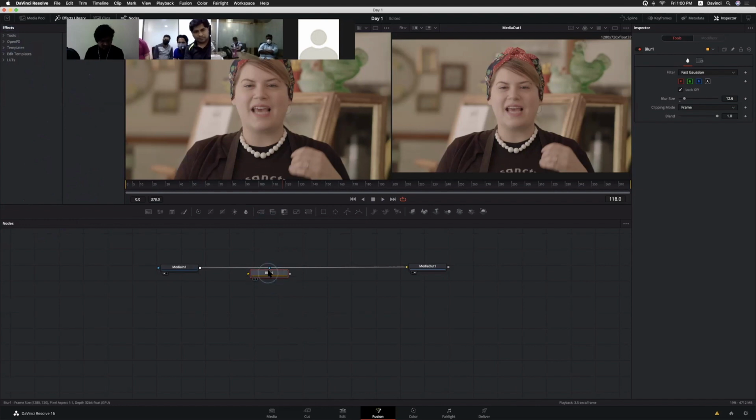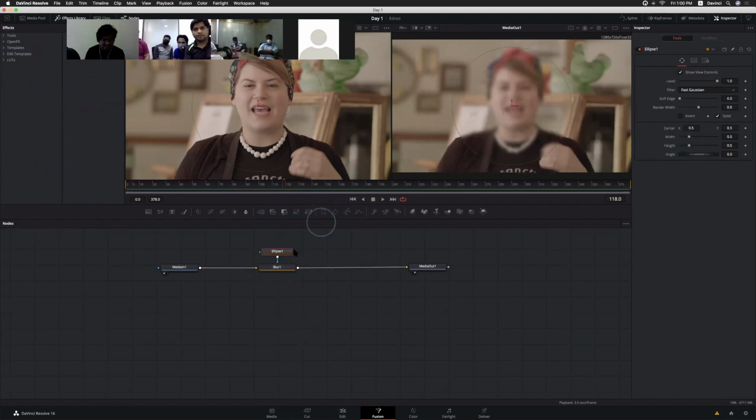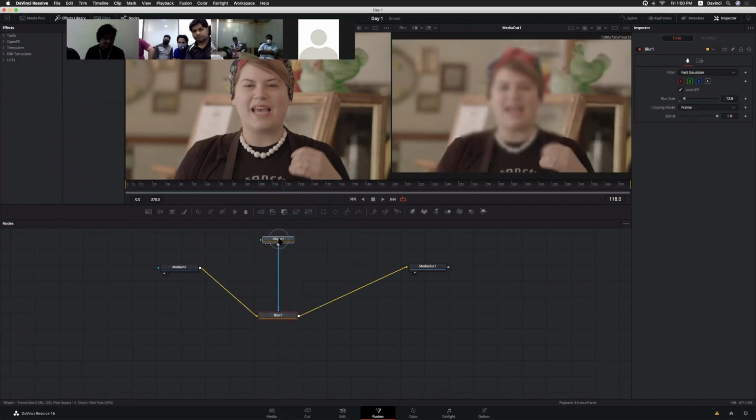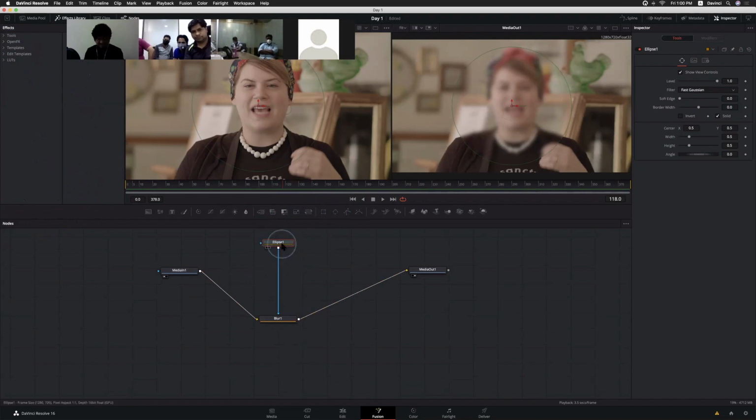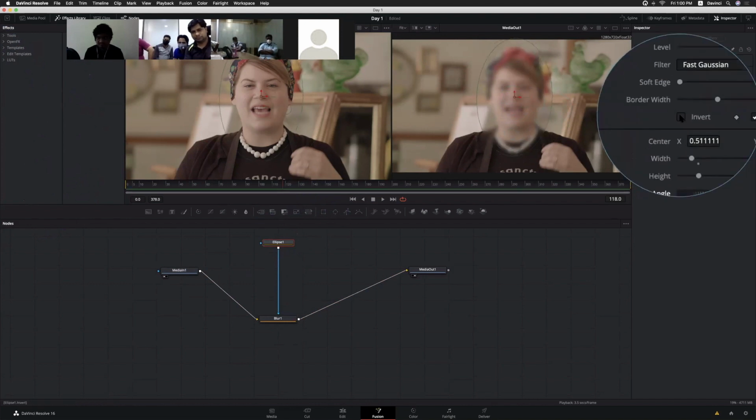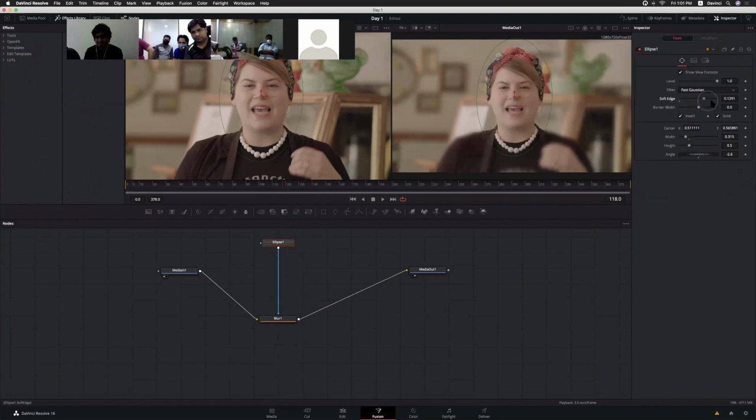So just add this one. For this, I'm adding a circular mask, an ellipse mask, to this one. You can adjust the angle, maybe the width, even from within the screen, right? And I just want to invert that. Just invert, and the soft edges and everything, the keyframing. The same thing we do with the chroma keying also.